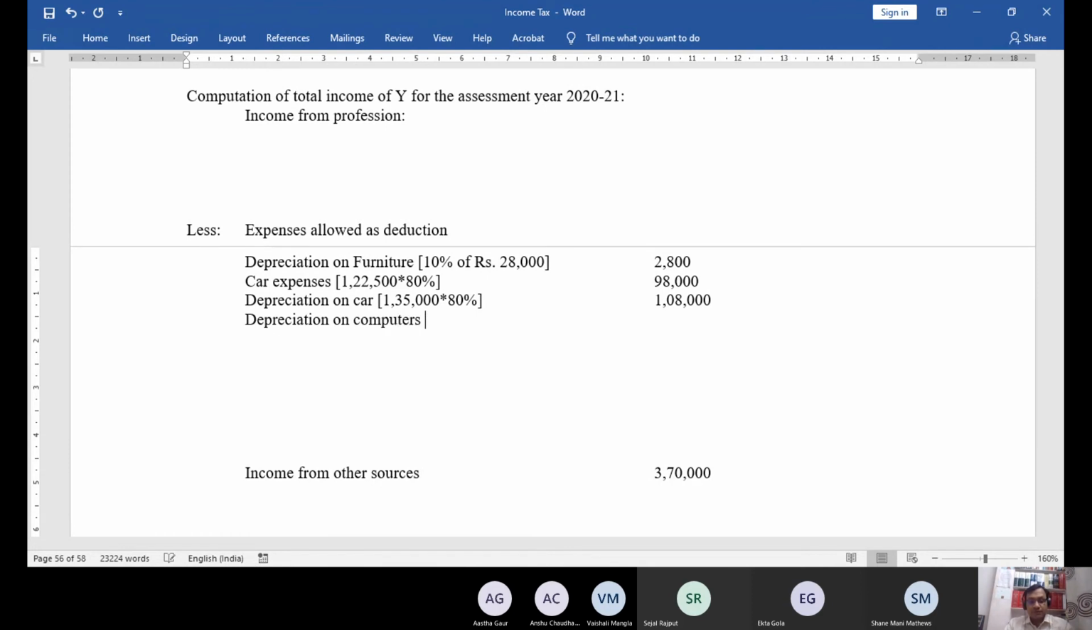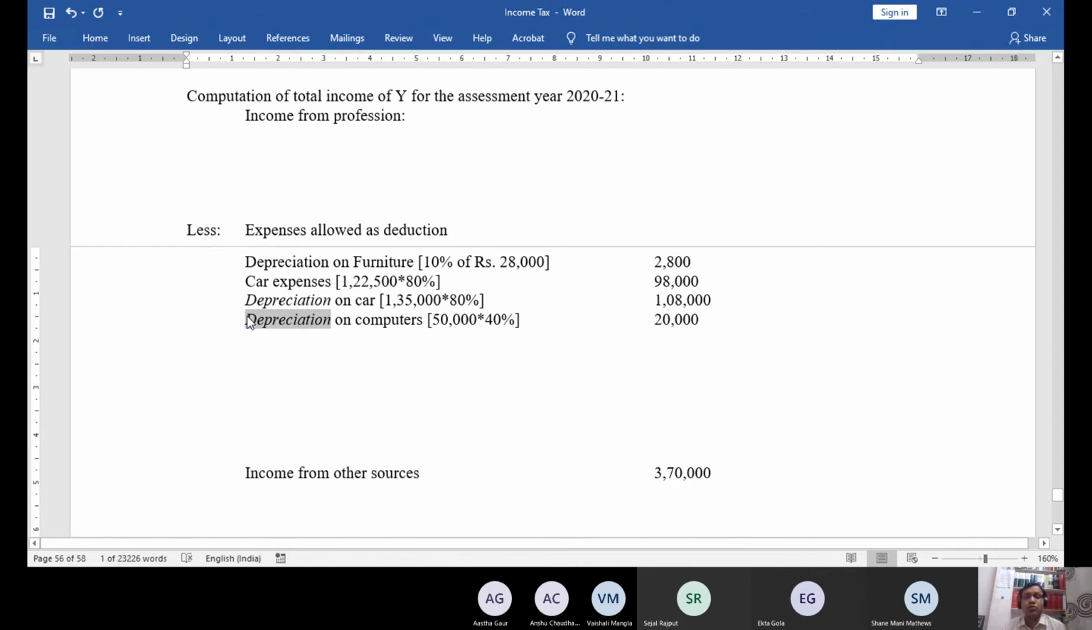How much? 50,000 multiplied by 40%, 20,000. Now, though I am preparing the account on cash basis, but depreciation is a non-cash item, still I have to show it. Okay, depreciation, though I am preparing my account on cash basis,